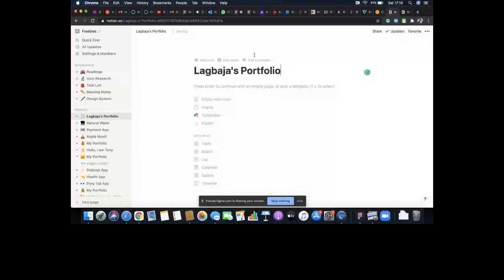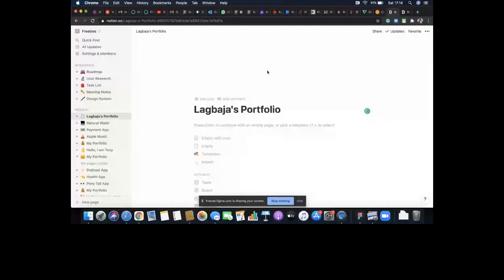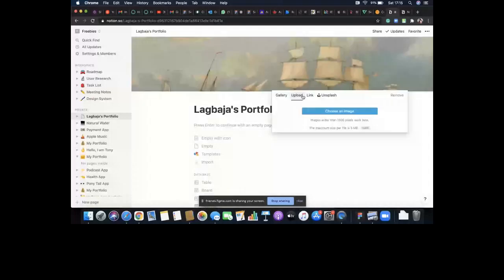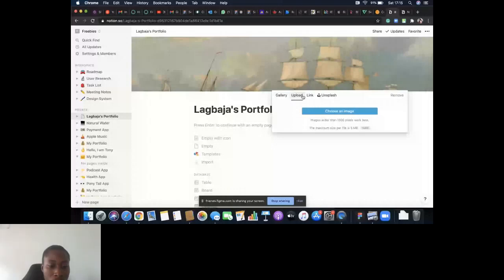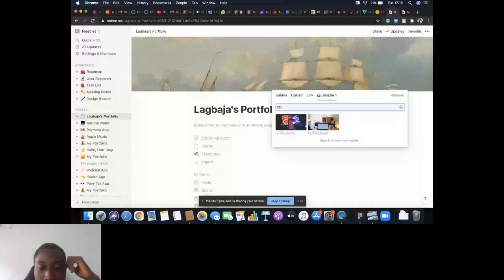The next thing I want to do to give life to it is add a cover. Notion will actually give me a default cover, and I have the ability to change it. So I click on change cover. You can change to any of these colors or default images they have here. If you have anything on your system, you can choose to upload. If you have a link to an image somewhere, you can use that. But I always use Unsplash, to be fair. So I'll just come into Unsplash and type XD. And I found this XD image. All I'm going to do is click on it and wait for it to upload. Yeah, that's it.